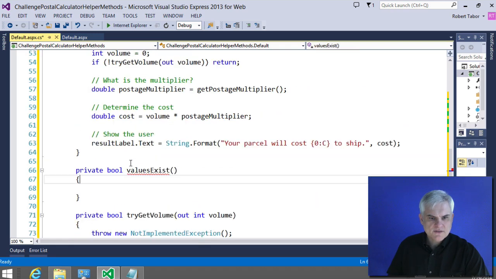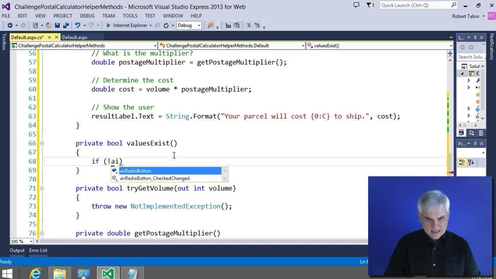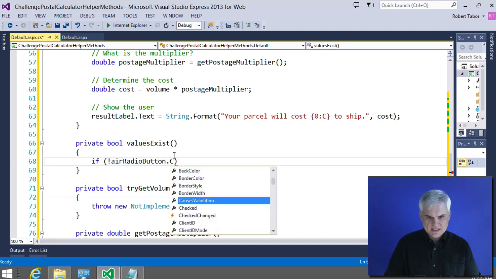I need to determine, first of all, if the values exist. So do we have all the data we need to even continue on in our little calculation? This is really easy. I just need to make sure a radio button is selected and at least the width text box and the height text box have some value in them. We'll worry about whether it's a numeric value a little bit later, in the next call, the try get volume. But for right now, all I need to do is this: if not air radio button dot checked